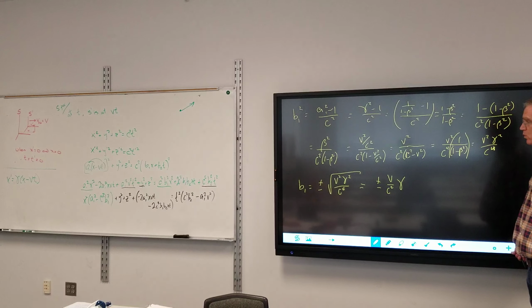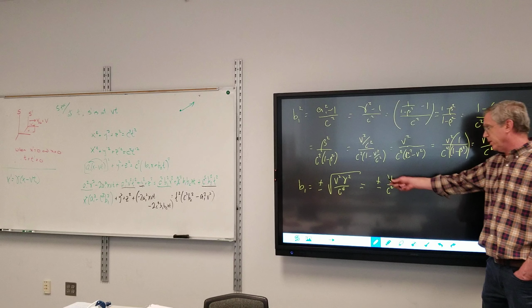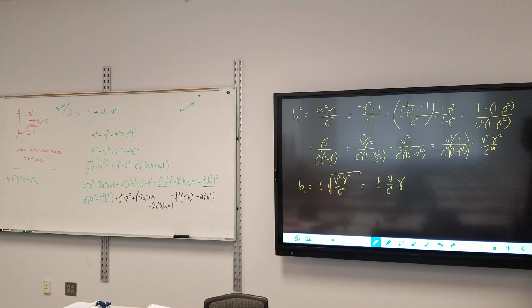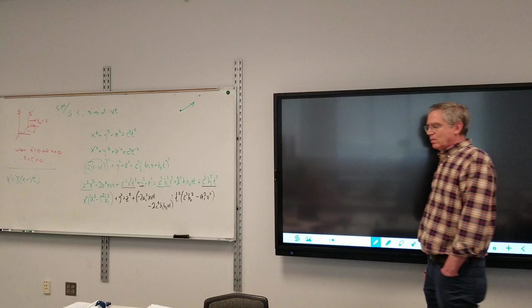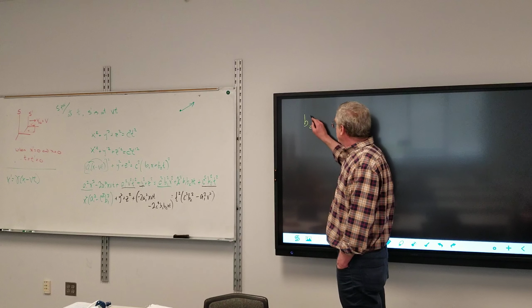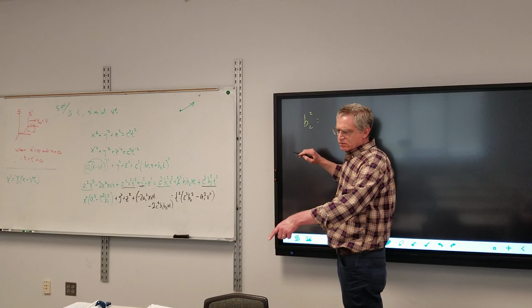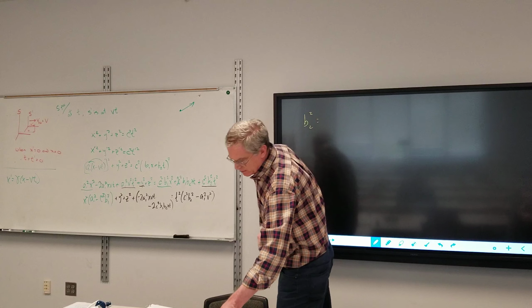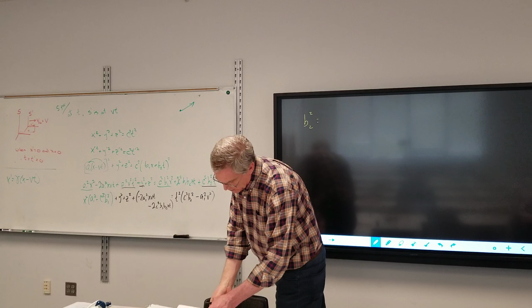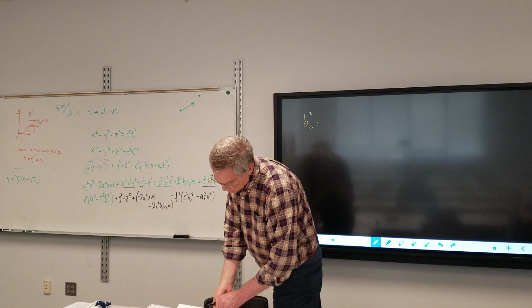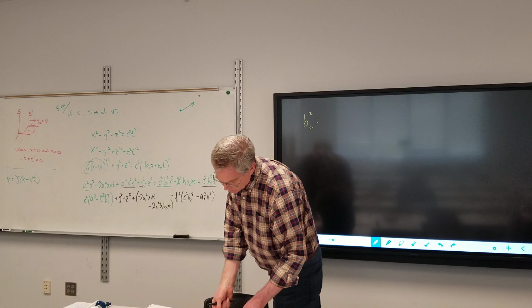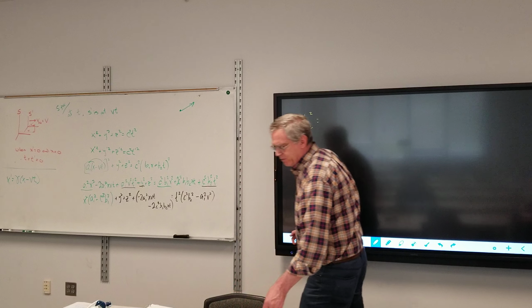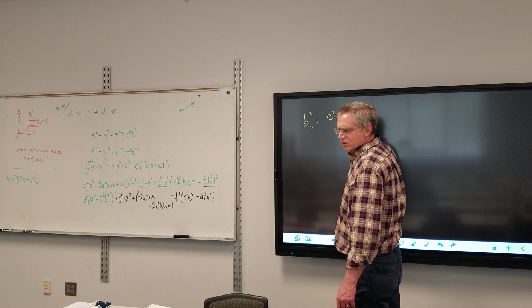Any questions before we go to a new page? Solve for B2, and then we will come back and figure out the plus or minus based upon that. I know that B2 squared is, the form I had before was c squared plus a1